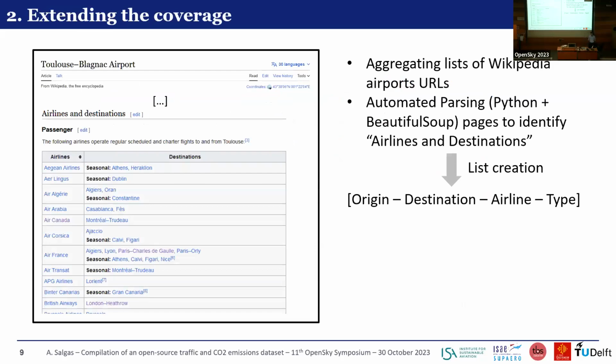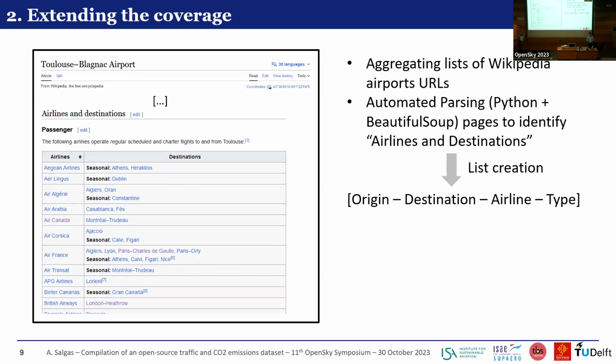So using Wikipedia a lot for my personal purposes and reasons, I saw that each airport page of Wikipedia was using a very common structure, with each airport having an airline and destination section with every airline and every destination served by this airline, with a type of link, if it's a regular, seasonal, or charter link.